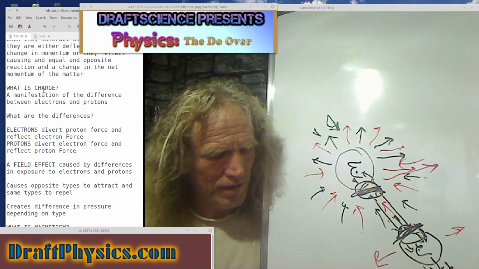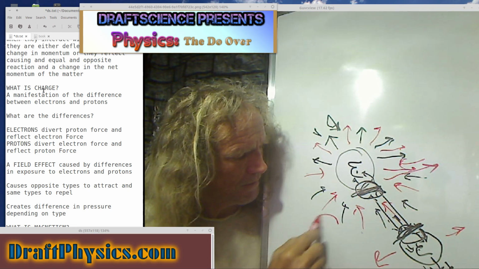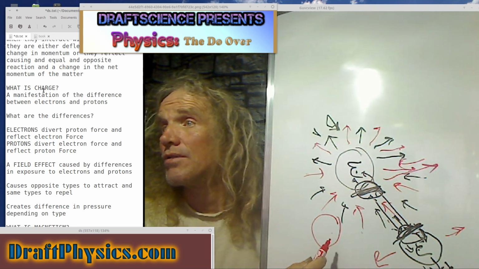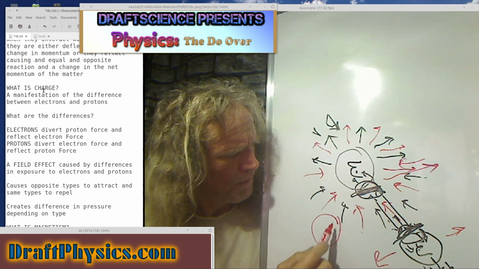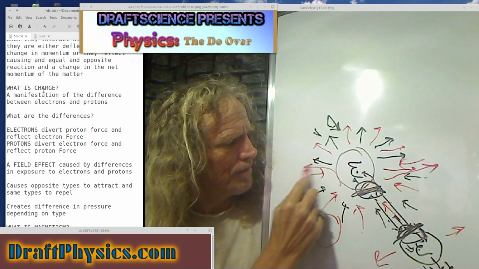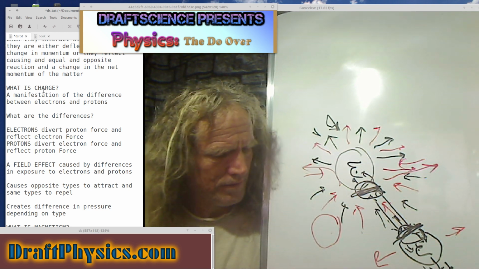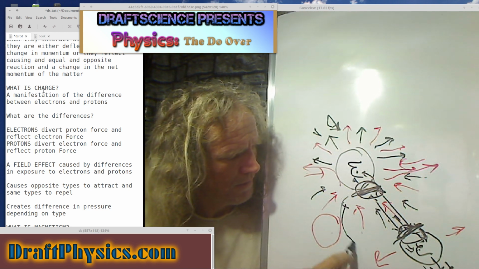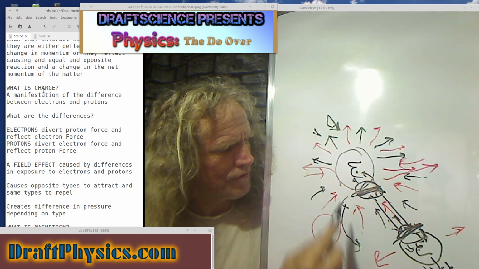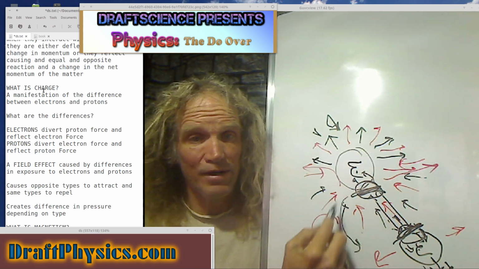And if I put a proton, I'll get exactly an opposite effect. See, if I put a proton next to it, well, then we know the red deflects off the black, and the black deflects off the red. So I'm out of luck. I'm not going to have any reflections here at all. I'm not going to have anything enduring.